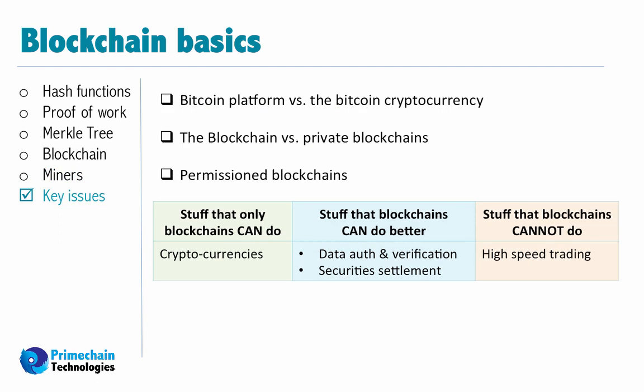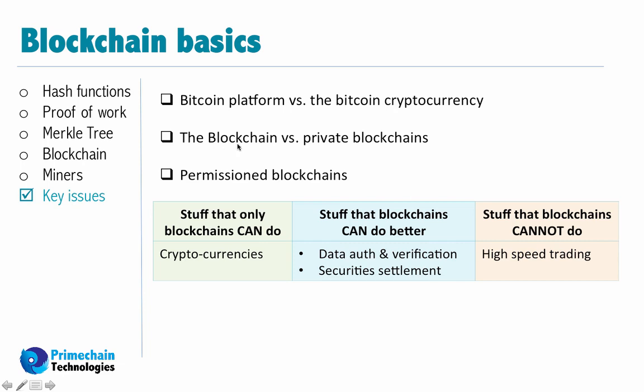Before we conclude, I'd like to make some points clear. There is a difference between the Bitcoin platform and the Bitcoin cryptocurrency. So the Bitcoin platform is the blockchain or the technology on which the Bitcoin cryptocurrency runs. And the Bitcoin cryptocurrency is what is given to miners as a reward, and subsequently it can be traded by people around the world. When we use the term the blockchain, usually with a capital B, we are talking about